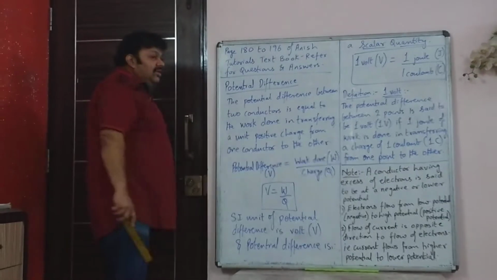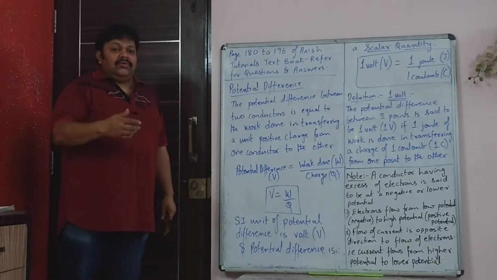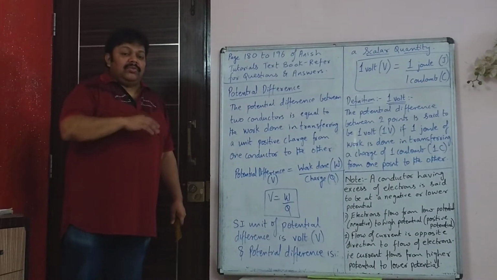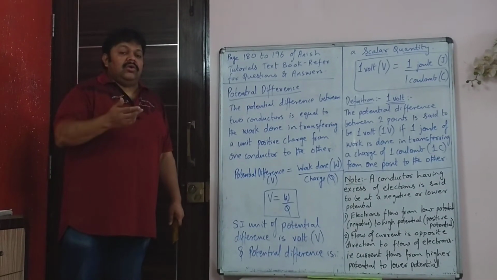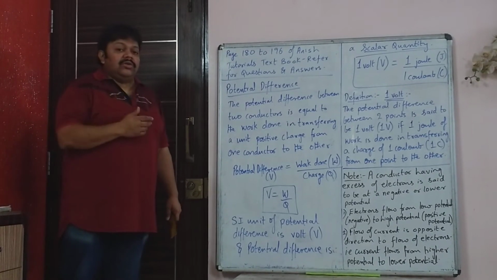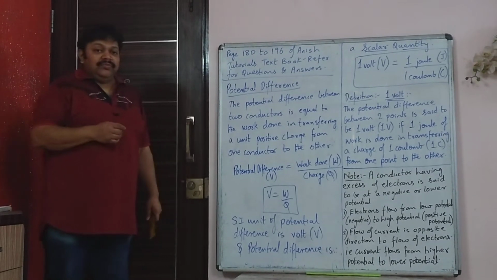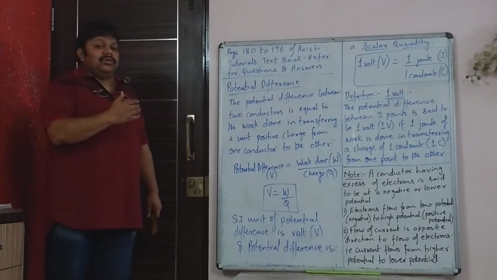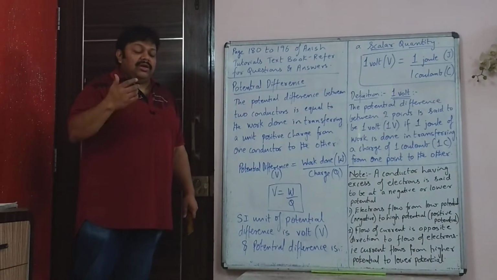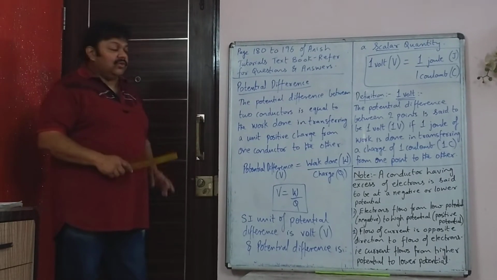So now you have the next part of the chapter. Yesterday also we were seeing that electrons are flowing. In the previous frame also you saw that the electrons are flowing from a place where there are more electrons to a place where there are fewer electrons. So when an uncharged conductor and a positively charged conductor were placed together and connected with the help of a wire, the electrons went from uncharged to positive, because compared to the positive metal, the uncharged metal has a greater number of electrons. So now we will see what is meant by potential difference.